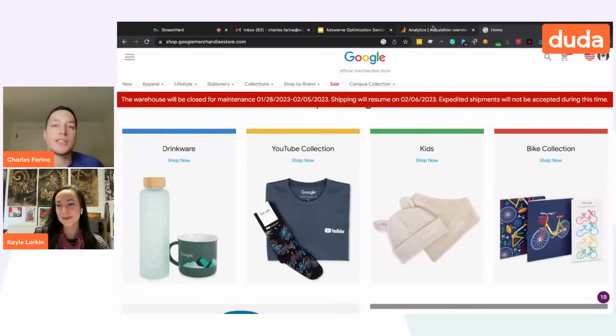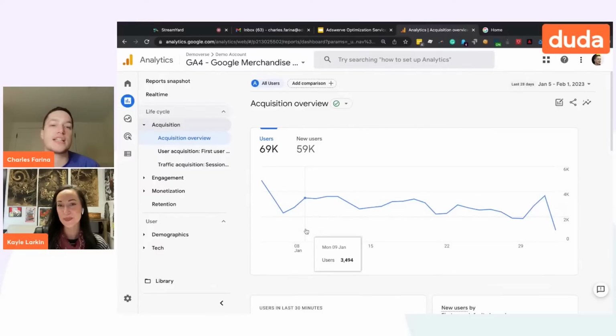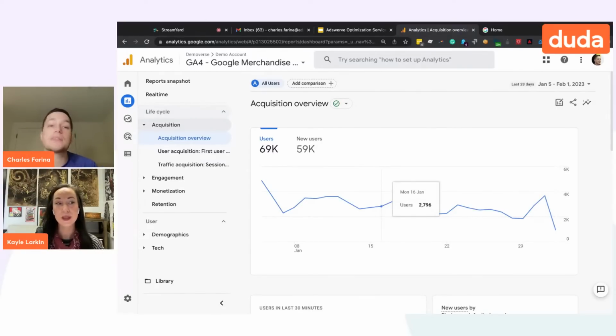And this is the website that Google uses, which is connected to their demo account. So kind of an e-commerce centric example. It's also worth noting on that demo site, there's also an app version. So if anyone does have mobile apps, there's even a Firebase GA4 integration that's running as well.